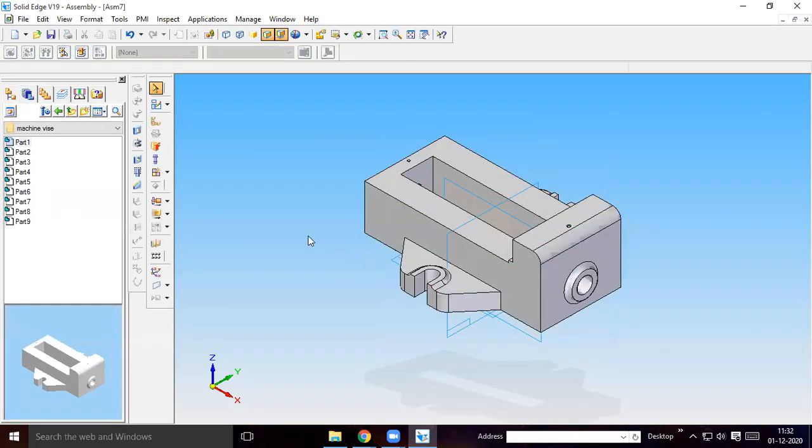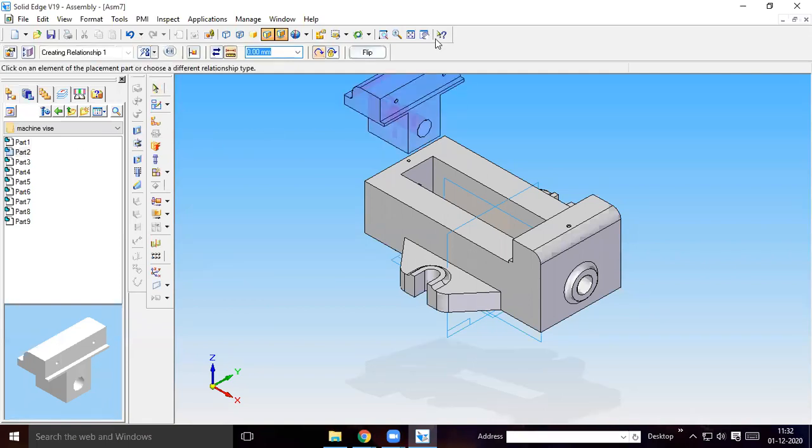Okay, like this. So then what you have to do? Then we have to place a jaw grip. So let me take it at a later stage. Before that, we'll place part two on this. So just drag it and place it above part two.